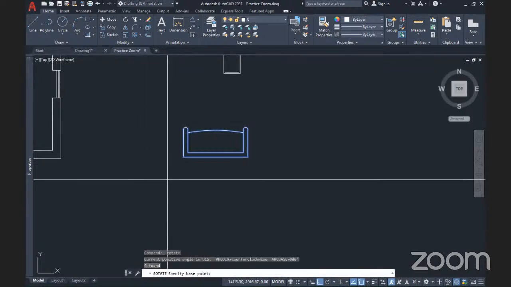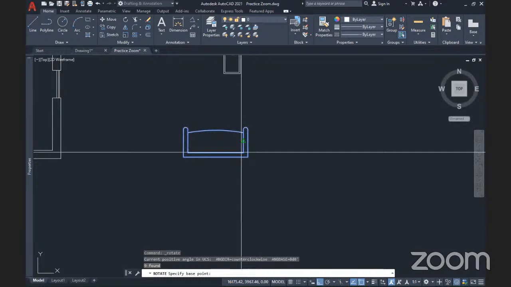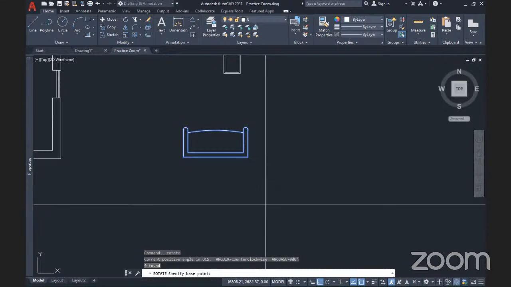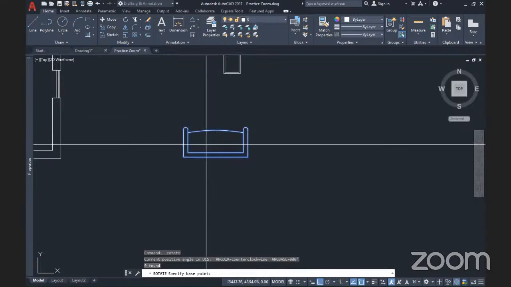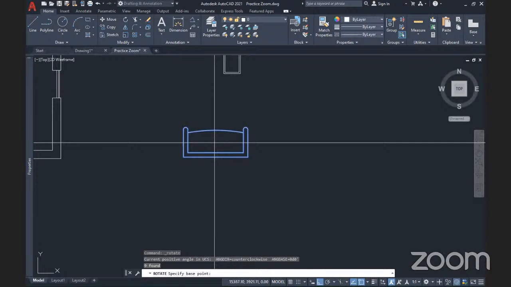So now I've selected my item and I've clicked on the rotate tool. Now it's asking me for my base point. Okay, this is where it gets a little bit tricky. For you to select your base point, you need to understand how you want to rotate this and how you want it to move when you rotate it. So in this case, I want it to rotate from the center. Now, if I select the center as my base point,